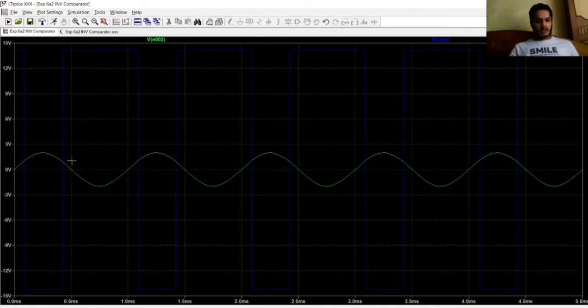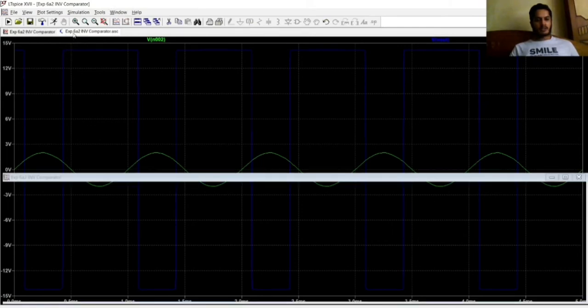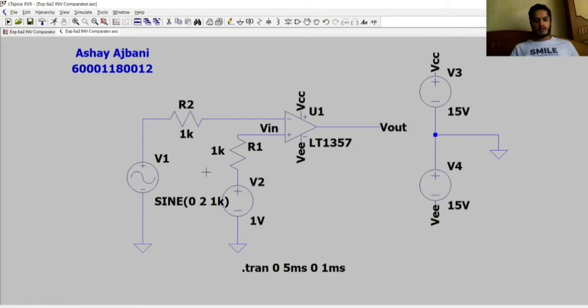Now as you can see, since the slew rate of this op amp is very high, we see a very straight line. That is, the transition from minus VSAT to a positive VSAT is really quick, and hence we can use high speed op amps for proper square wave generation. Now let's have a look at the different applications of open loop comparators.